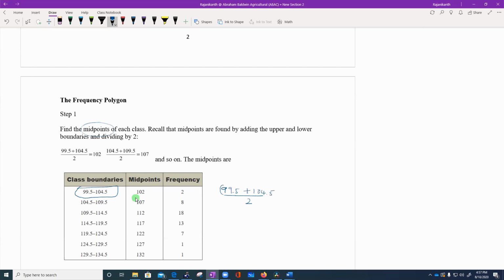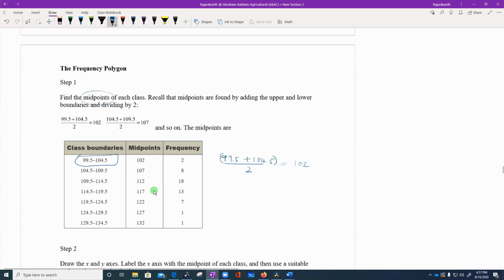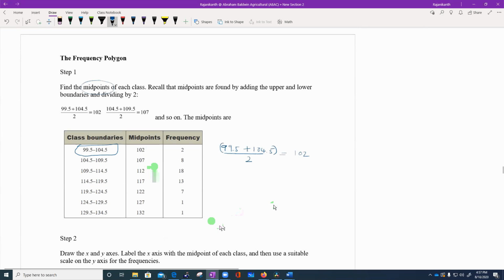Make sure that you are putting parentheses if you want to use the calculator. If you find this value, this should be 102. So that is my first midpoint. You want to find the second one, add these two values, 104.5 and 109.5. Add these two values and divide by 2. You will get the second midpoint, and so on. Okay? So once you have the midpoints, now to draw the frequency polygon, you need to have these two columns,